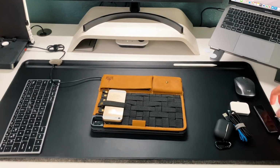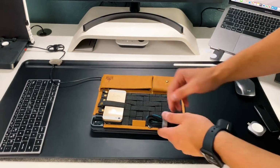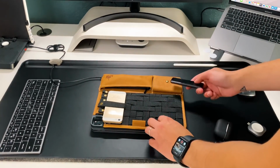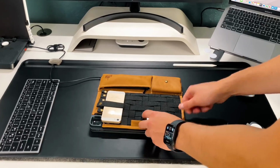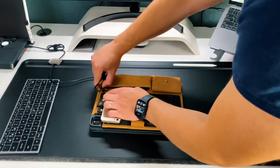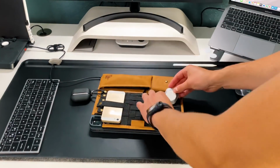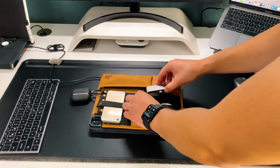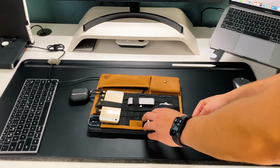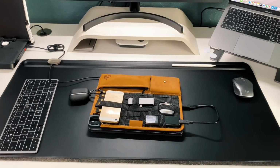So just to run you guys through my perfect use case, and this is what I'm going to do the second that LumaFusion 3.0 comes out, is I'm going to leave this Origrid on, and I'm going to have my 500GB SSD from RavPower permanently on this Origrid, so that way all I have to do is take the USB-C cable from the little pocket on the Origrid, or the TinyRig, and then just plug in that SSD on the back to the actual iPad Pro, and then I have my SSD just chilling on the back of my iPad Pro, no problem, and I can work off of that SSD when using LumaFusion once that LumaFusion update